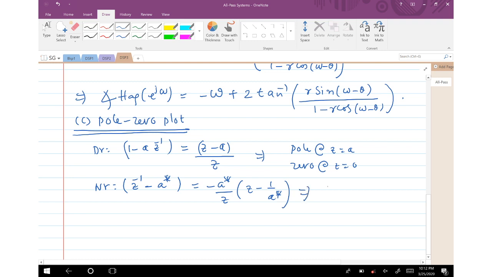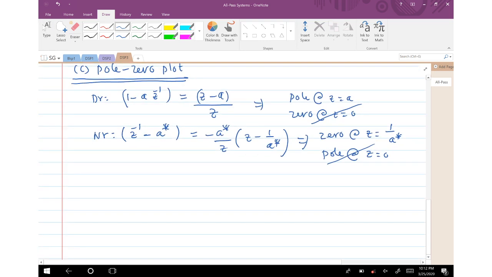That means there is a 0 at z equal to 1 by a conjugate, and there is a pole at z equal to 0. And of course this 0 at z equal to 0, pole at z equal to 0 gets cancelled. So eventually it has a pole at z equal to a and a 0 at 1 by a conjugate. So if you draw out the pole zero plot,